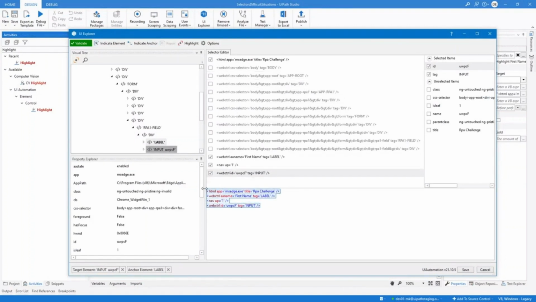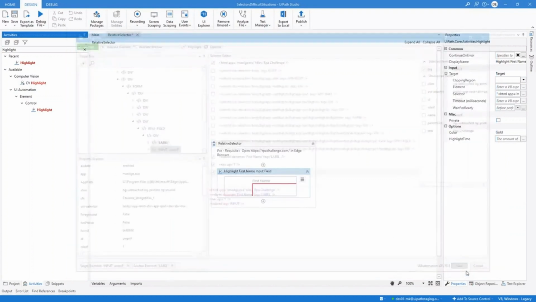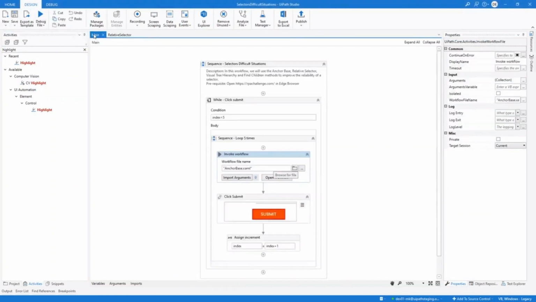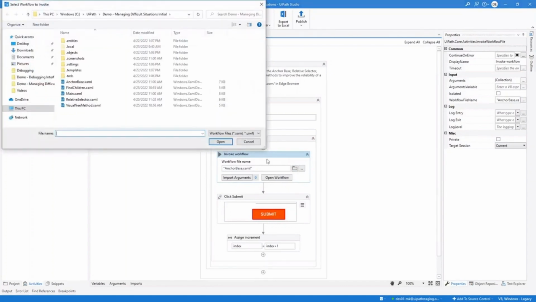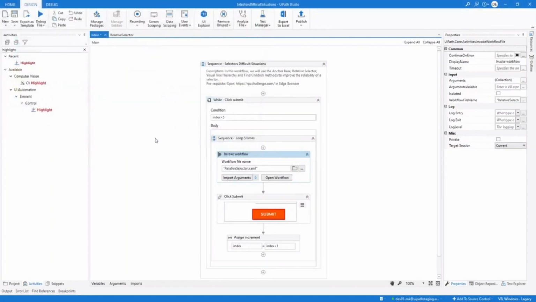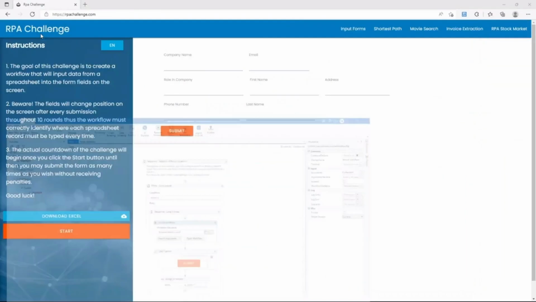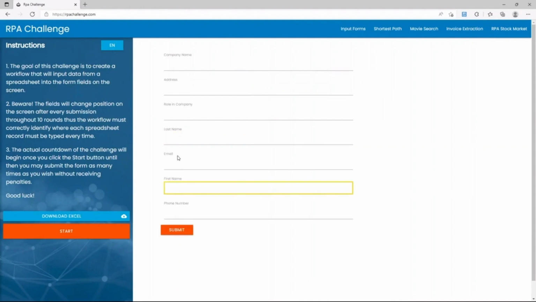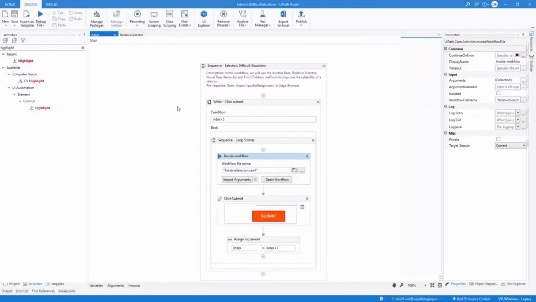It still relies on a dynamic ID attribute to identify the target element. So we'll uncheck the ID option and validate the selector. Our selector is valid and ready to be used for the highlight activity. Let's save the changes. Okay, it's time to run our workflow. Let's save the workflow, invoke this from the main workflow, and click Run File. It works. And this concludes our second approach, in which we can improve the selector by creating a relative selector